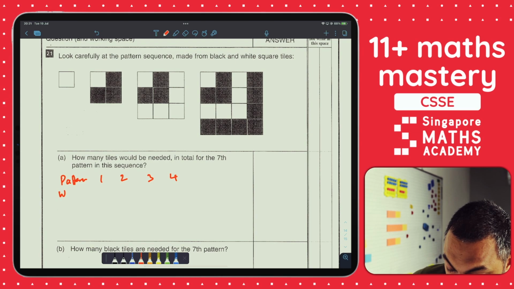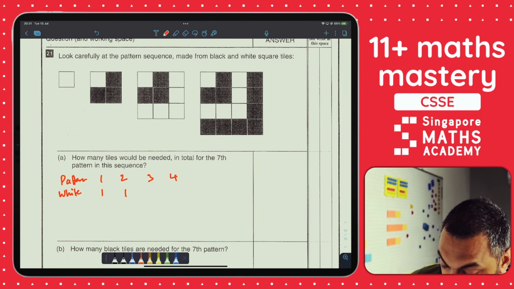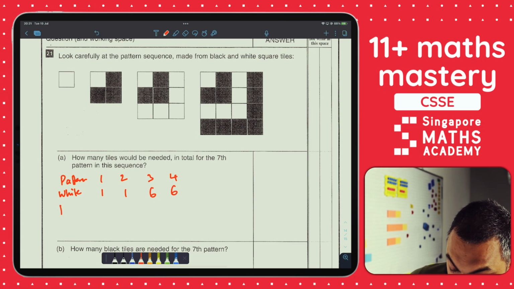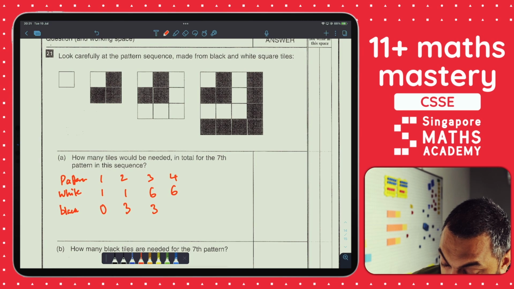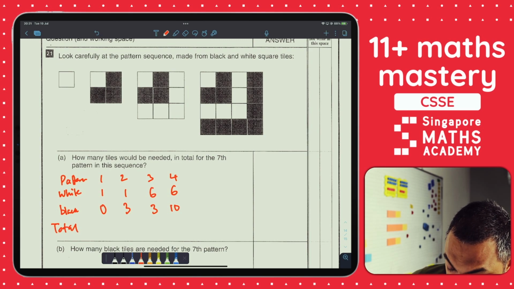You've got white tiles. You've got 1, 2, 3, 4, 5, 6. Then you've got black. You've got 0, 3, 6, 10. And you might have 1 for total. Total is going to be 1, 4,